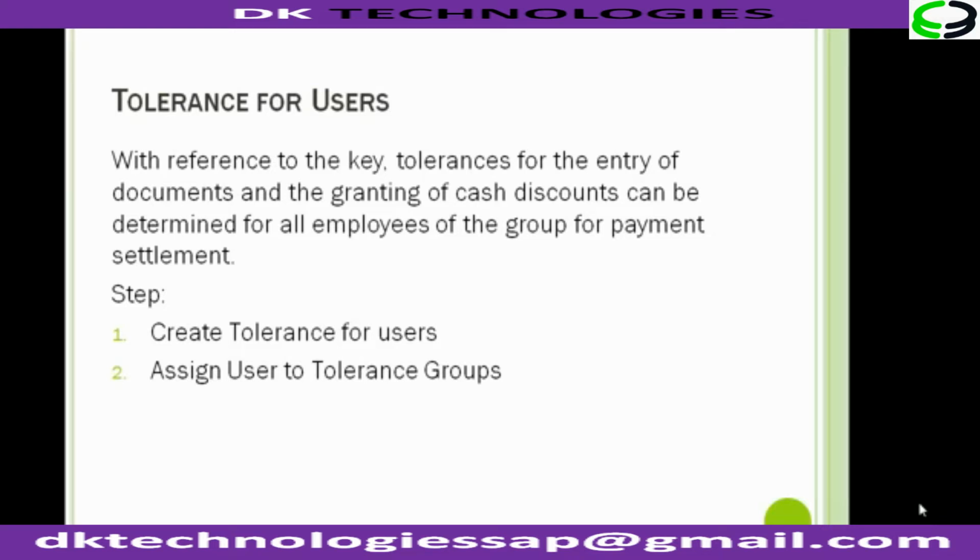The next part is tolerance for the users. Now, with reference to the key, the tolerance for entry of document and granting of cash discount can be determined for all the employees of the groups for payment settlement. To elaborate,